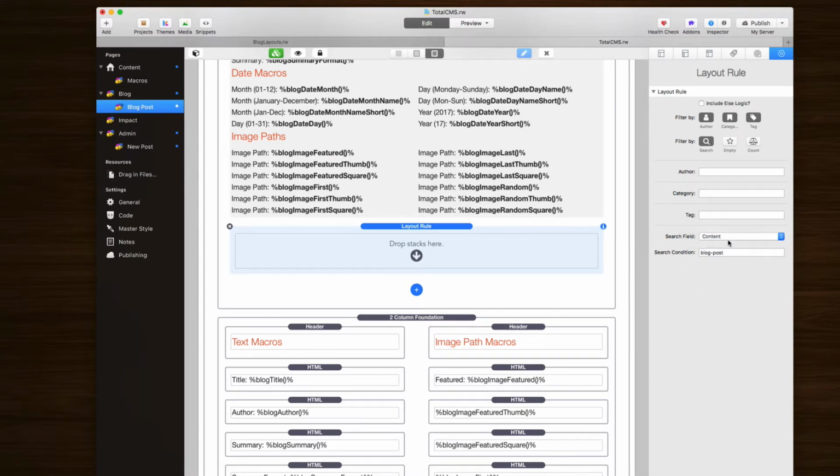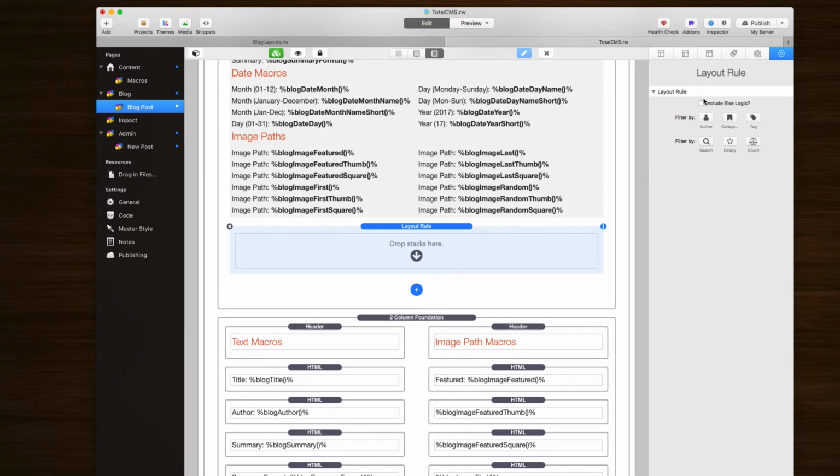I can search the full content, the summary, author. So you can filter out and define custom content when this particular rule is matched. You can see if content, here, let's turn off some of these so it doesn't get confusing. We can do empty. So if permalink is empty, then display this, right? And then we can also do based on count. So if the word count is greater than, less than, or equal to a particular amount, you can then display